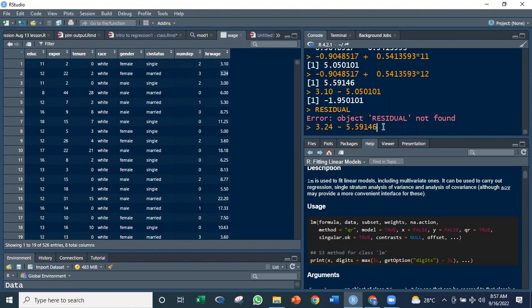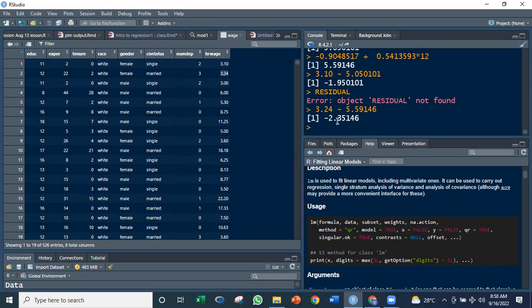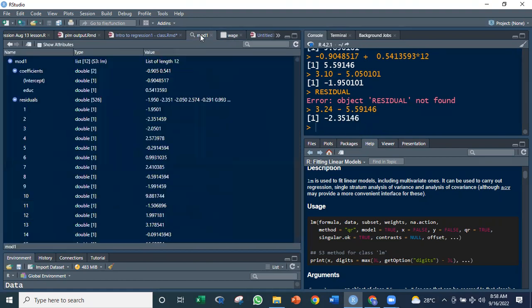So I'm getting now the difference between yung actual value ng respondent number 2, 3.24, and yung predicted value natin kay respondent number 2, 5.59146. Ang difference niya, negative 2.35. Tingnan natin yung residual niya. Negative 2.35. Yan. Okay? So that's how these values are